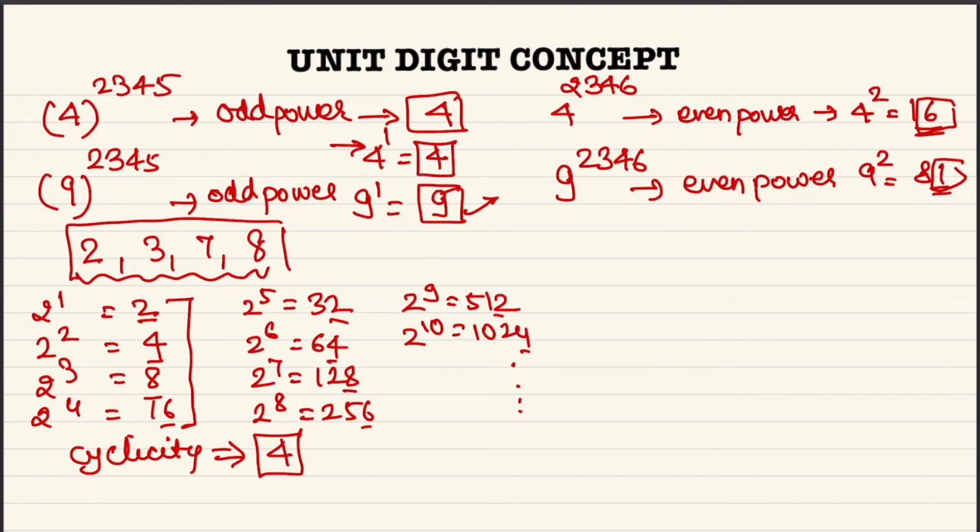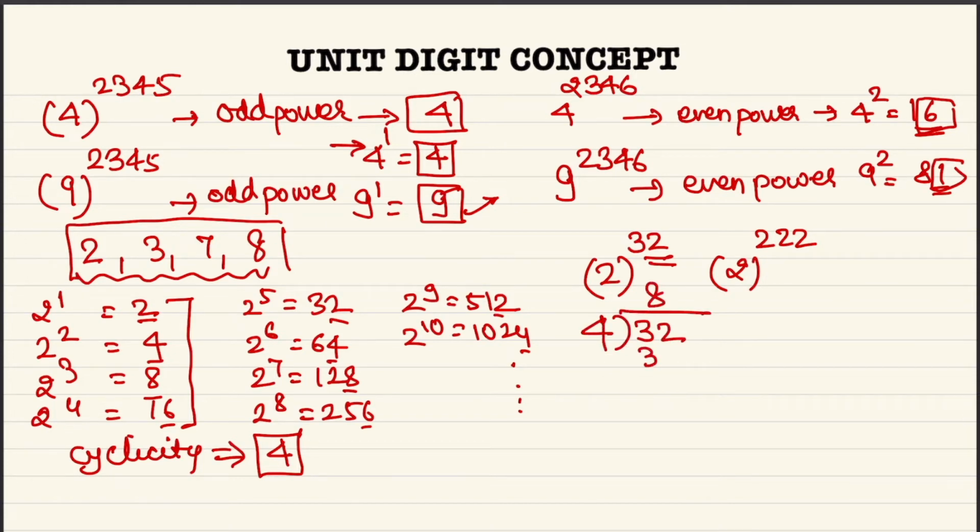It means if I have to find 2 raised to power 32, or say a bigger number like 2 raised to power 222, I have to divide this power of n, that is 32 here, by the number 4, and the remainder will decide my answer. Here I am getting remainder 0. I can get remainder 0, 1, 2, 3, since we are dividing by 4. So we cannot get a remainder more than 3. So remainder is equal to 0.